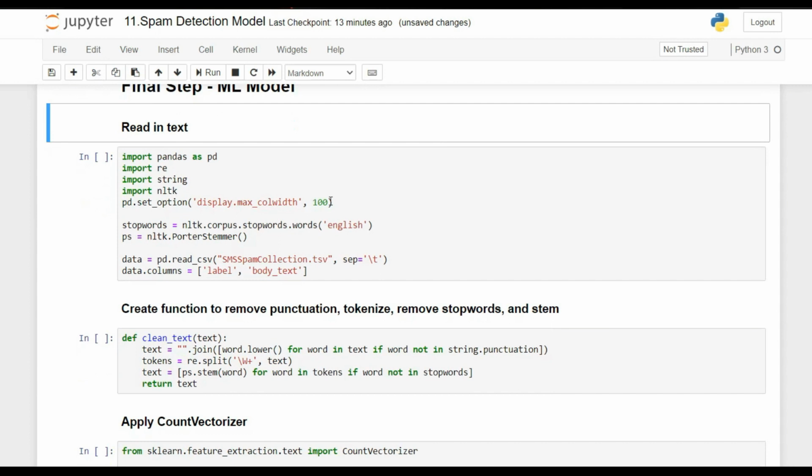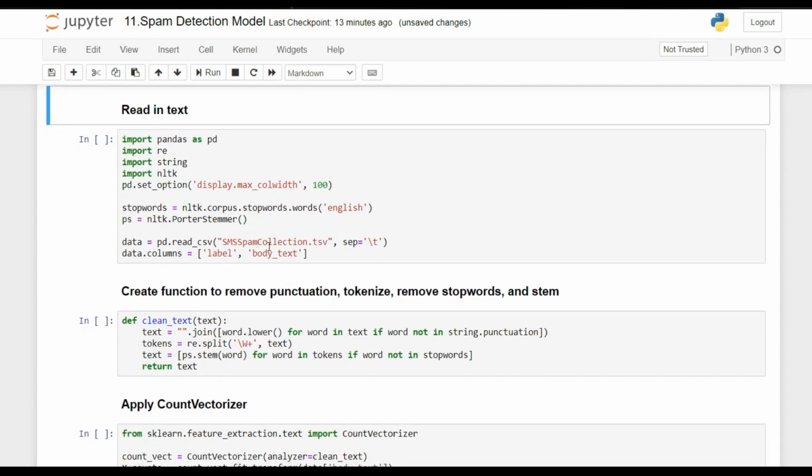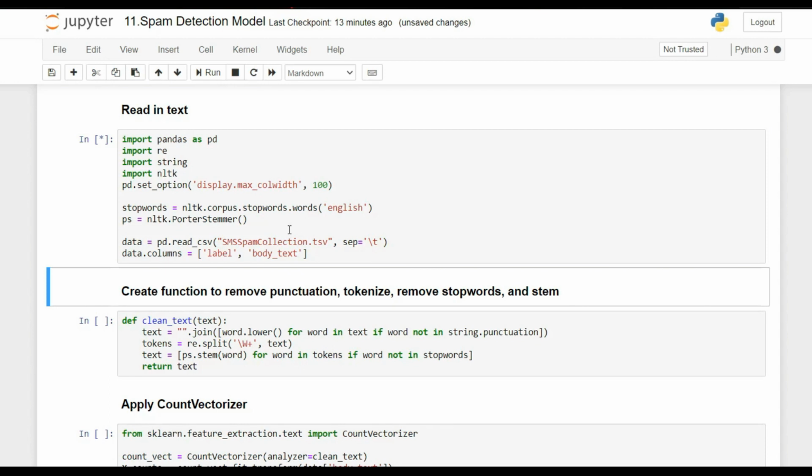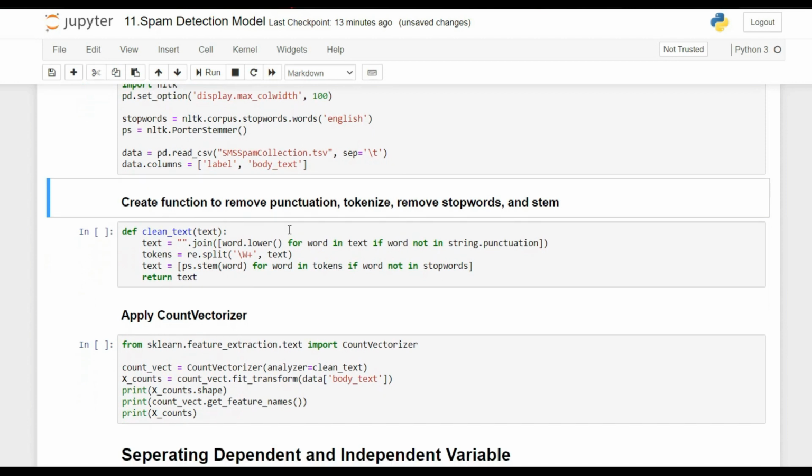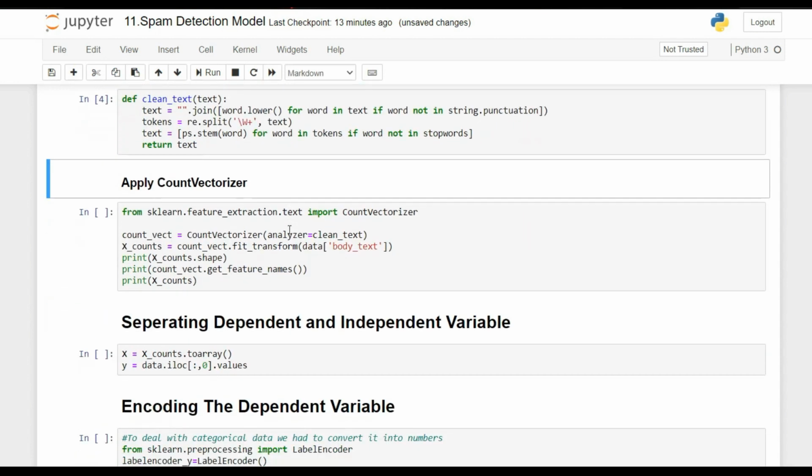First of all, as discussed earlier, we are importing our data set. We are importing stopwords. Then we are creating an object of Porter stemmer. Let's run this, guys. If you don't understand anything in this, please watch our previous videos. Then, we are creating here a function which will clean the text, which will remove punctuation, tokenize, and also remove stop words, as well as perform stemming. So guys, I have run this code.